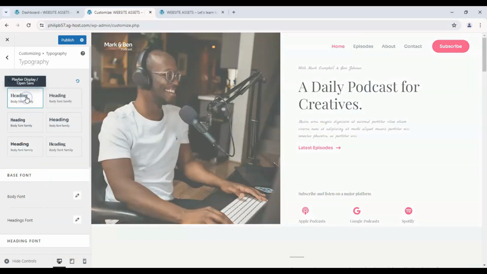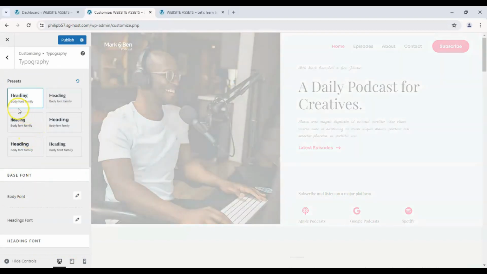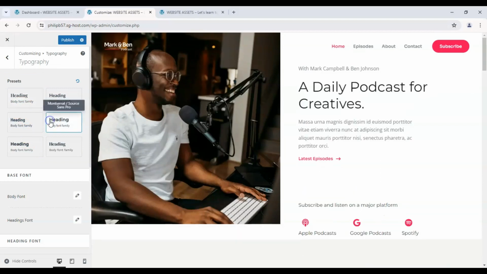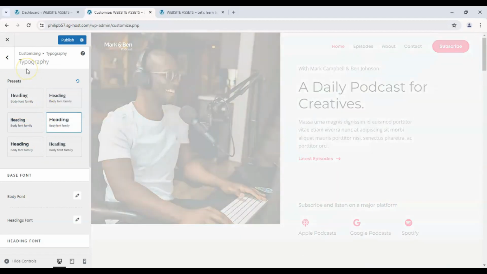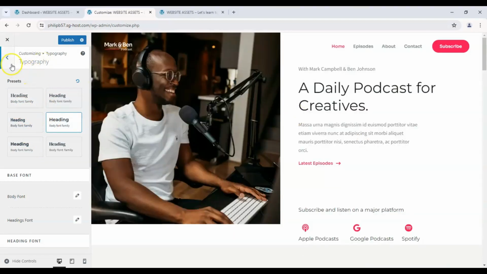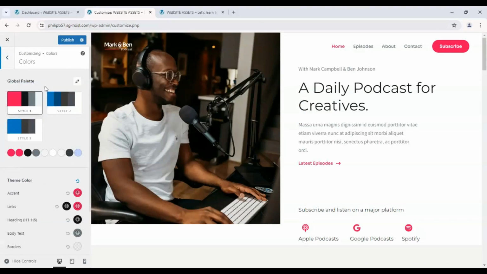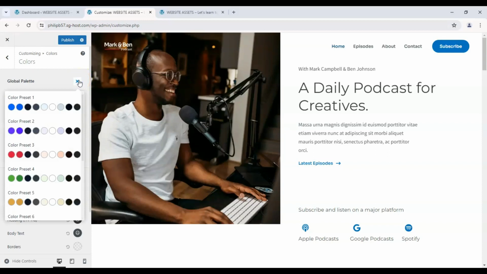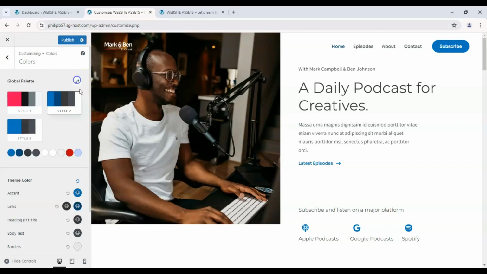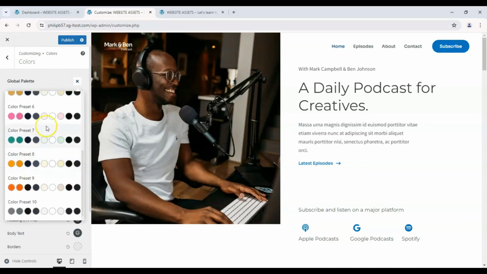So let's go with one of the stock ones real quick, just to make it easy on the eyes. Okay, that looks very readable. And let's go on to colors. For colors, it gives us the default palette that we chose. Alternatively, we can choose one of three styles, three presets, depending if we want to keep changing the site over and over again. And you click up here on the pencil icon, it gives us a bunch of stock presets